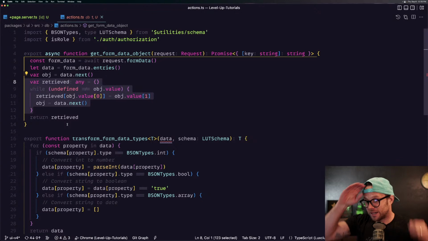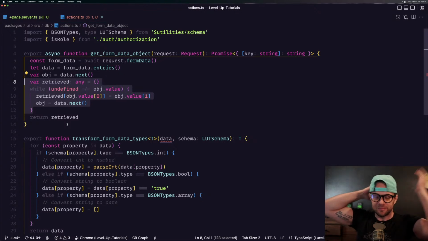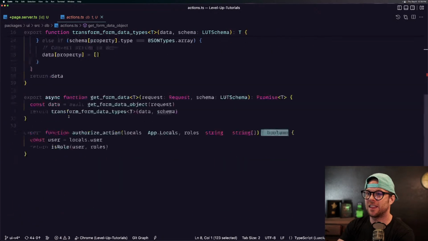And my database has data types, right? So what I then do is